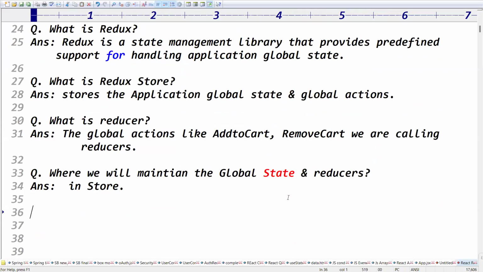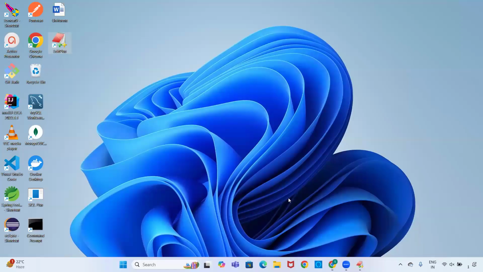So finally, we understood that store contains what? Global state and global actions. So when you write the global state and global logic, one point, listen. You write a global state and global logic. What is the JSX file? JavaScript,